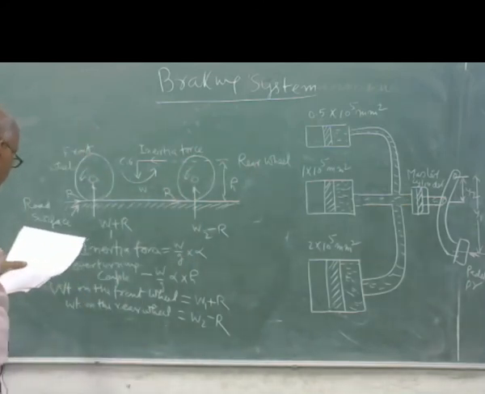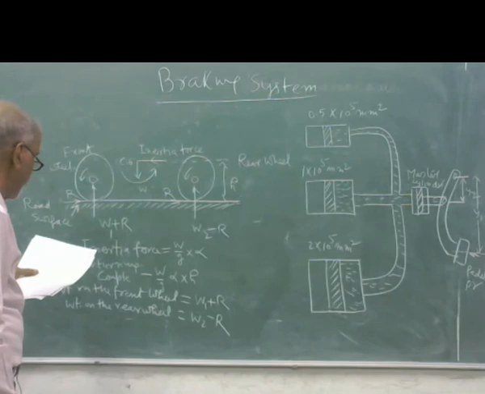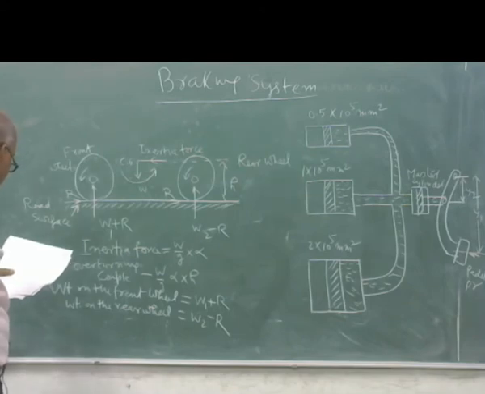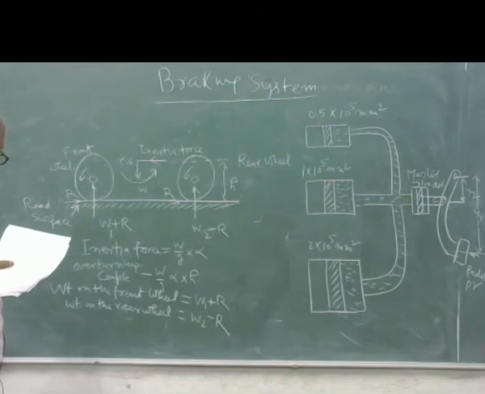Obviously, a fraction of the vehicle weight is transferred from the rear wheel to the front wheel. Due to this phenomenon of weight transfer, the braking effect has to be more at the front wheel for the efficiency of the brake. Analysis shows that 75% of the total braking effect on the front wheel gives optimum efficiency.